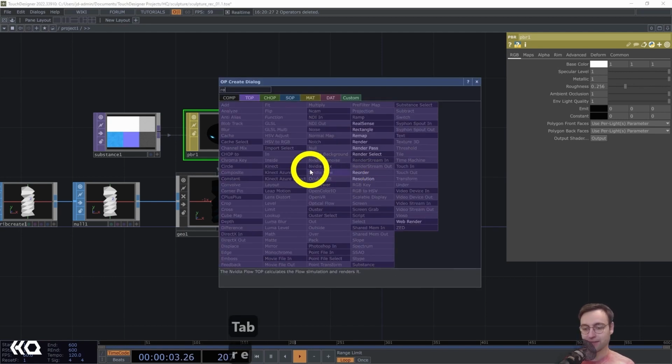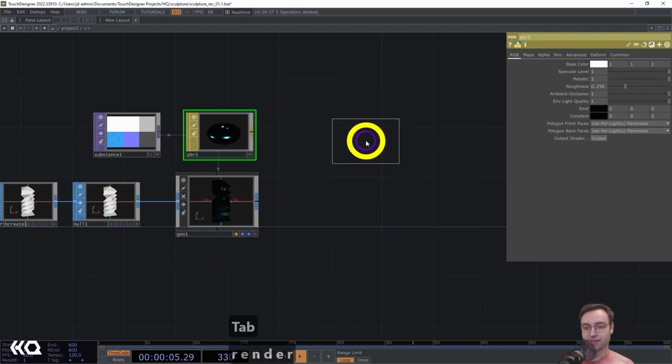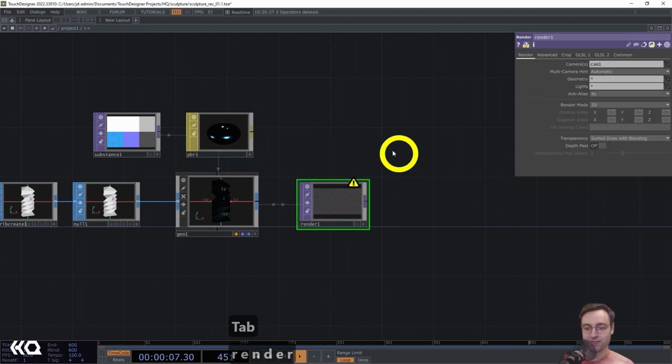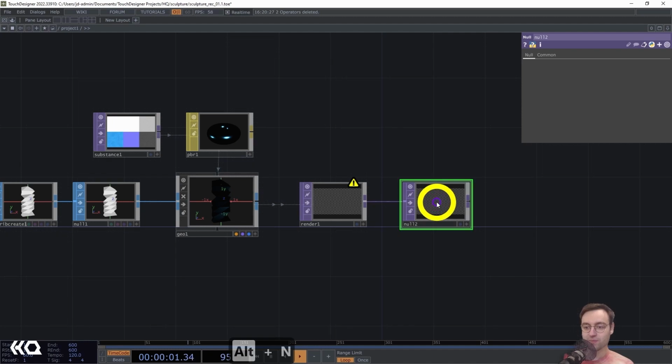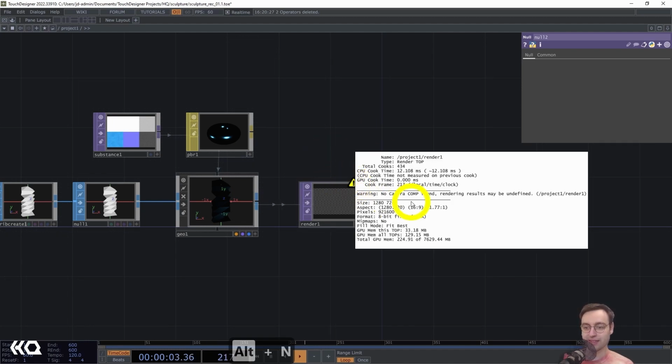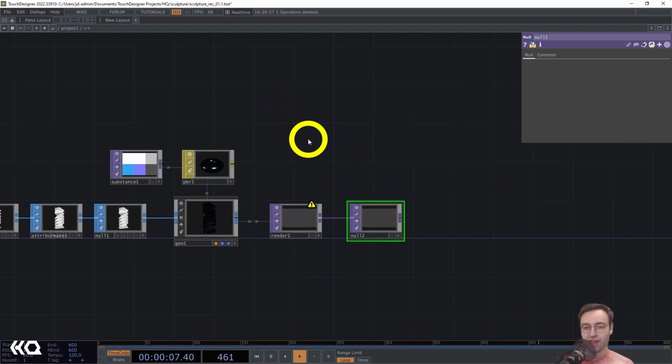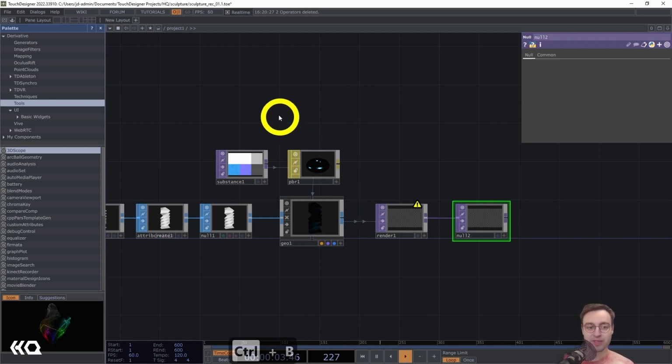So I'm going to add, first of all, the render top, because that's what is popping up first. We've got the render top. I'm going to add a null after that. The render top is likely telling us, yes, we need a camera in order for this to function. So for this particular project, I'm going to open up the palette with Control B, or Command B if you're on the Mac, because we have a really handy